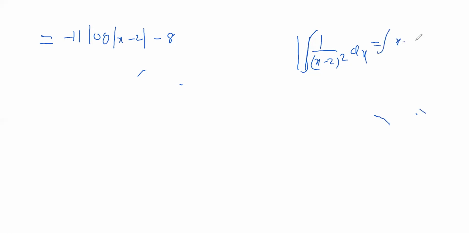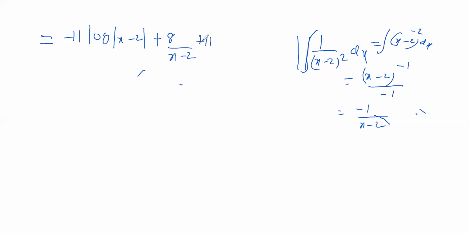So we are taking the term to the numerator as we have done before, right? So now the integration is x minus 2 power what? Minus 2 plus 1, minus 1 by minus 1. That is minus 1 by x minus 2. It's clear, ma? Integration of this one. So already minus 8, now minus 1 by x minus 2, right? Minus minus plus, plus 8 by x minus 2, plus 11 into 1 by x minus 3. Integration is log of x minus 3, plus c.